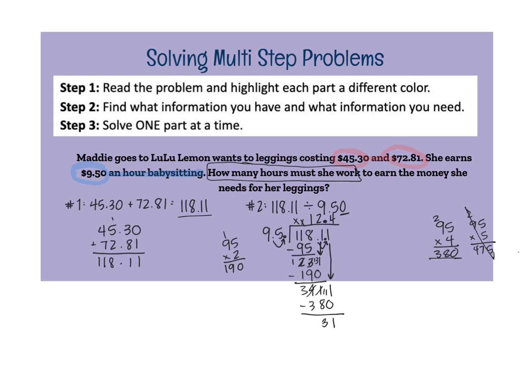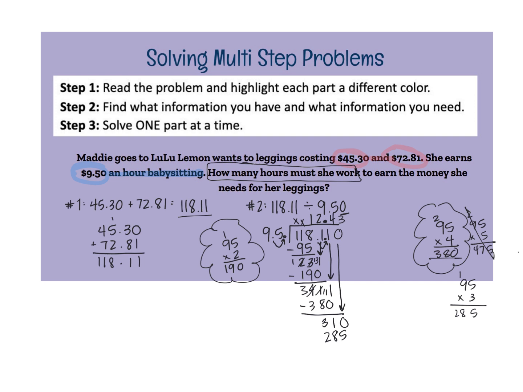which is 31. Because we're now after the original digits, but we're after the decimal, I can add a 0 here and then bring that down. So now I have 310. I know 95 times 2 gets me to 190, and I know 95 times 4 gets me to 380. So I'm going to check 95 times 3 and see if that gets me close to 310 without going over. It does, so I'm going to put a 3 up here, and then 285 down at the